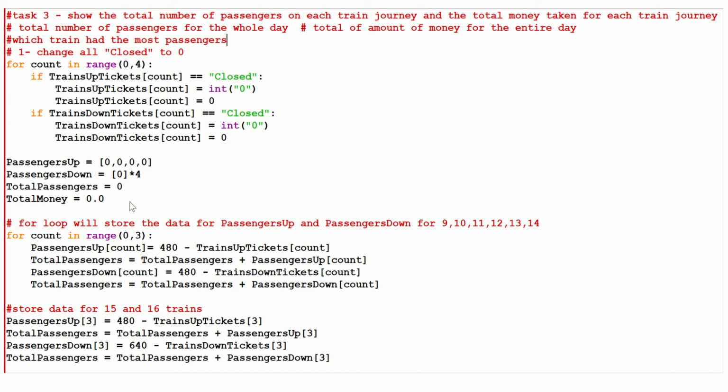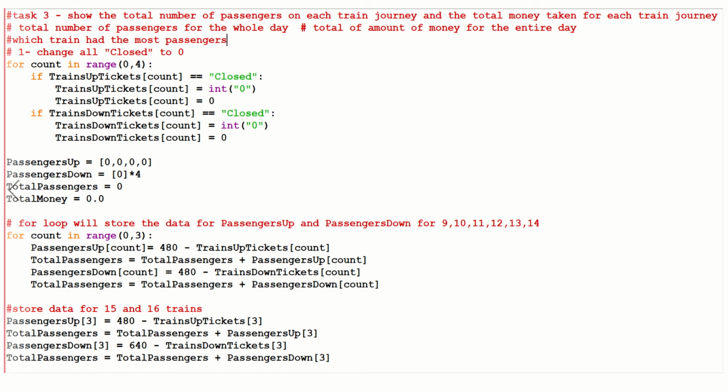Okay, and over here we do the same for passengers down, position 3 in the array, we do 640 minus trains down tickets, position 3, which is basically 640 minus tickets available is the number of tickets sold, right? Passengers that have gone down, and this would be stored in the last position in the array for passengers down,